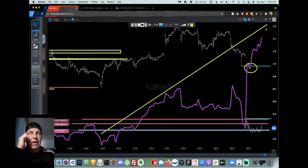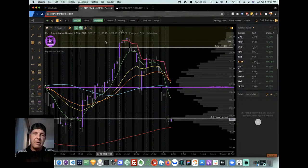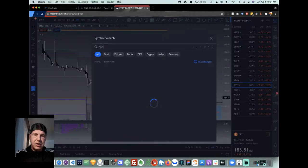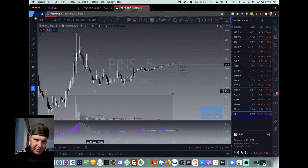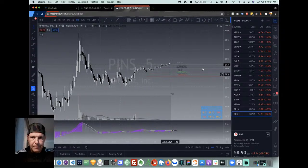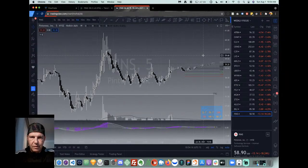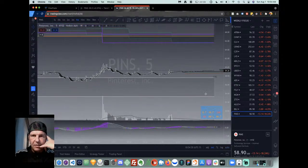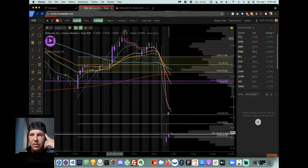Let's watch for the algo to continue to pull price action up to the upside. Looking at pins on our 4-hour chart, and as far as the off of the weekly, let me just reset this chart here. All right, so we bounced off the weekly bottom. We've got, kind of very similar to Etsy, the retrace to the mean, right, is the move,